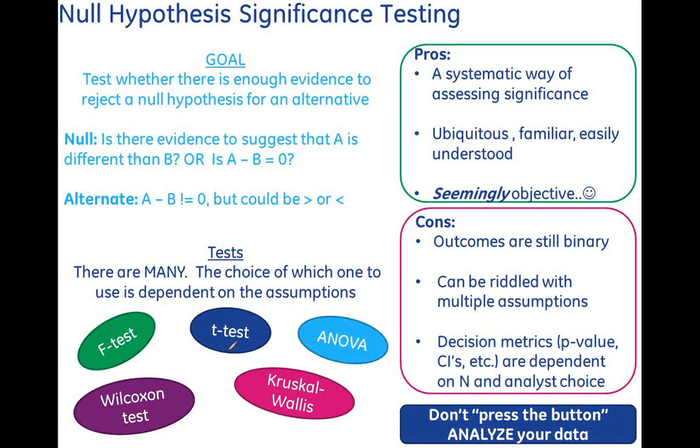So why are they called null hypothesis? The basis of the test is you have to define a null hypothesis, which is exactly the hypothesis that you'll be testing. So for example, is A less than B, or restated, is A minus B equal to 0, right? And that's for a two-tailed test, and I'll get to that in a minute. Okay, so I'm going into a lot on this one slide. Let's move on so I can show you in a little more detail what's driving this.